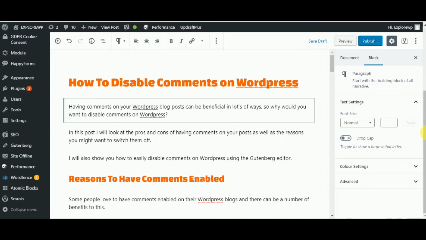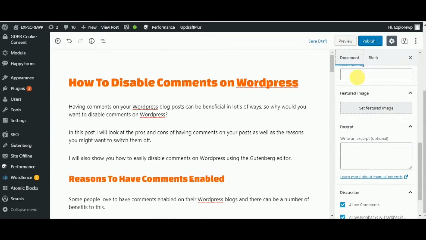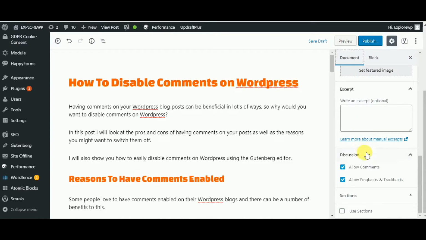Once you've logged in, if you look at the sidebar to the right of your screen, you'll see just at the top there's two headings, document and block. Here you need to make sure that document is selected, and then you need to scroll down the sidebar right to the bottom, and here you'll see a section called